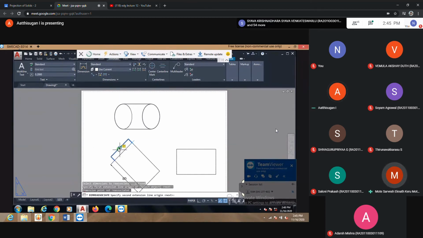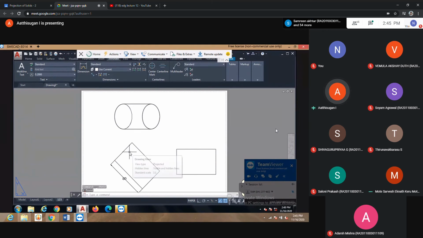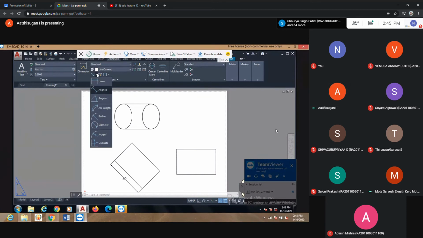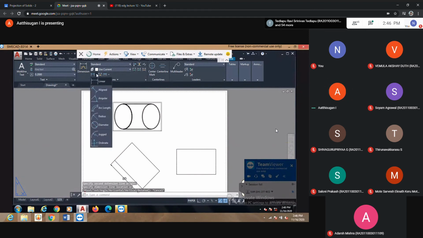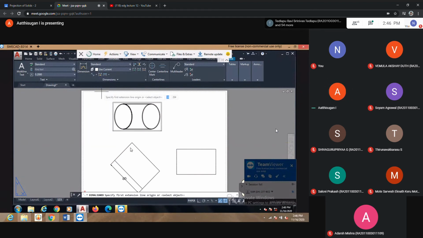Sir, actually we have to write NO monitor and type value 0 to itself, sir. Sorry? Because initially I drew one diagram for here. I drew one cube, so I deleted that, so maybe that also will come. Okay, sir. You aligned one. I can give this direction also now.